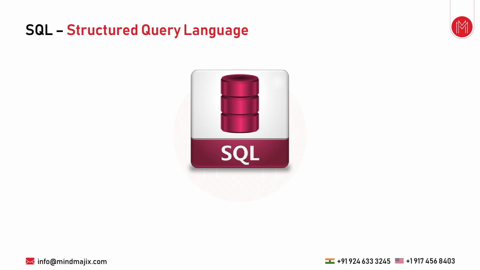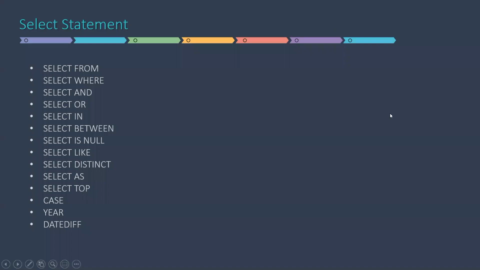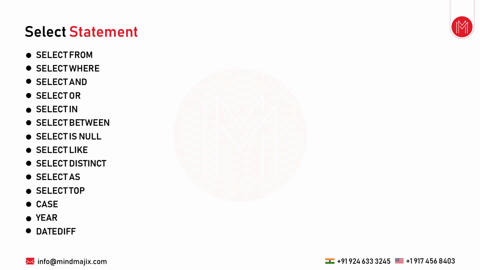Now, before I proceed with the hands-on examples and get into action, let us first see what topics I'm going to talk about in terms of the select statement in SQL Server. Today I'm going to talk about how we can implement select with from, clauses like where, operators like and, or, how we can use the select statement with in, between, how we can use the select statement to check for null values, how we can use a select statement along with an alias,